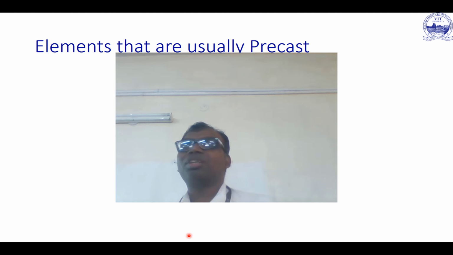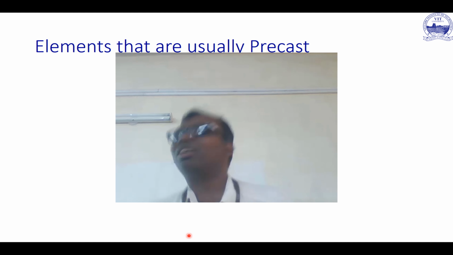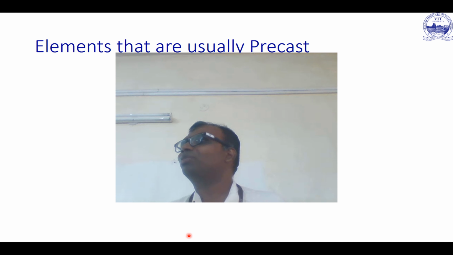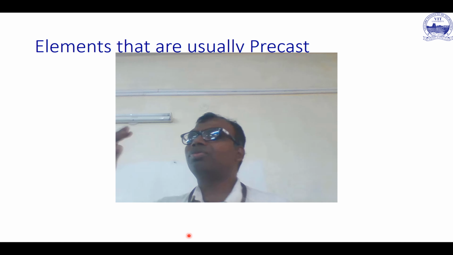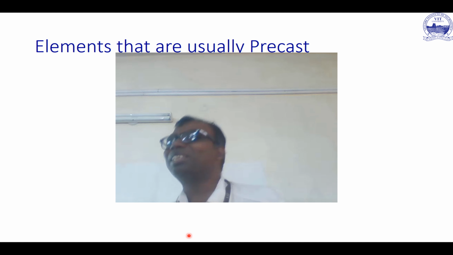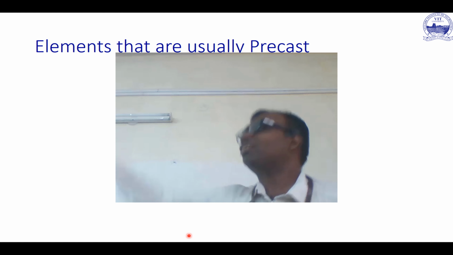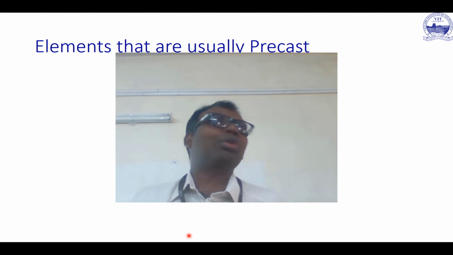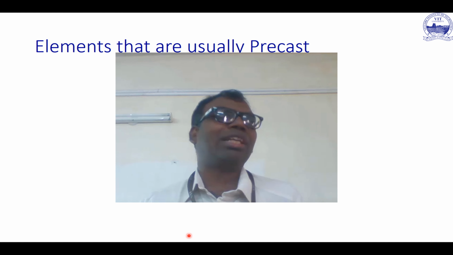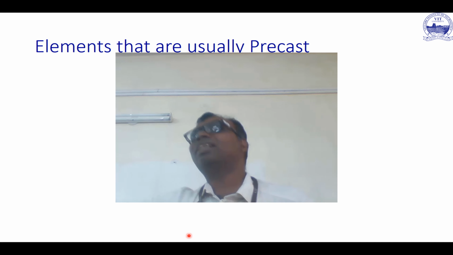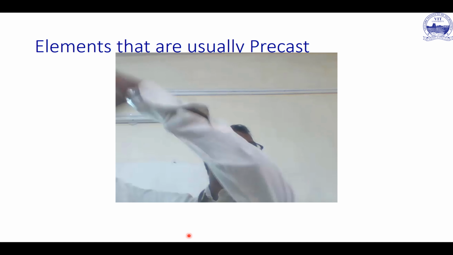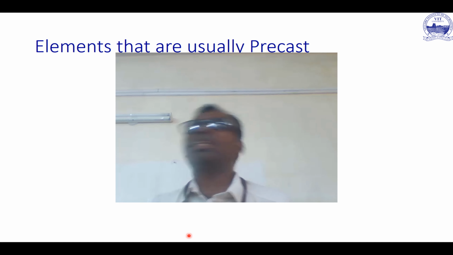Slab. So hollow core slab, which we talked about, and roof slab, there's not much difference. So you see, your lintels are one of the most commonly used precast elements, which are even done in a regular construction site. You just have to cast the lintel. When the brickwork is done, as soon as it's done, they just place it and then they go on. So lintel, sunshades,